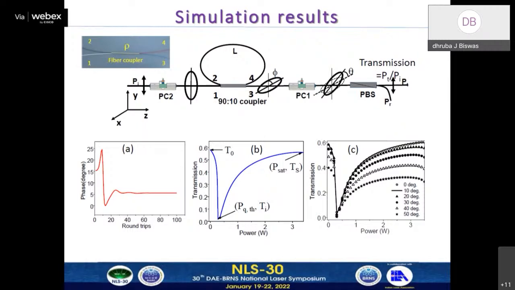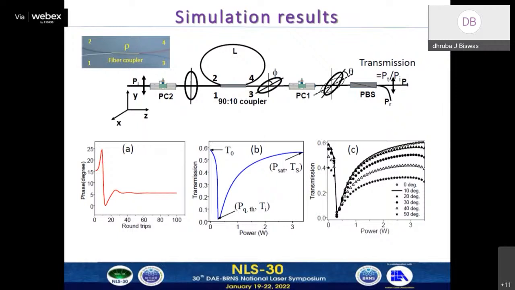Now, if a linearly polarized light is launched to this fiber optic ring resonator, this polarization controller makes the linearly polarized light elliptically polarized. When this elliptically polarized light is connected to this fiber optic resonator, it makes several round trips, and in each round trip, its polarization ellipse rotates. It obtains steady state after several round trips, like shown here. After around 30 round trips, it stabilizes.